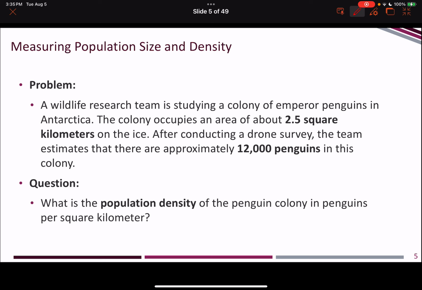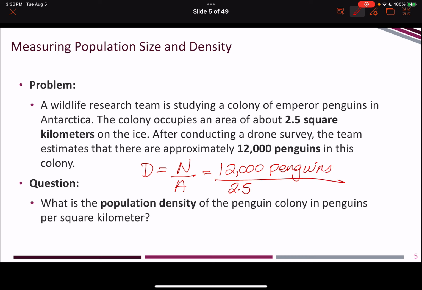So we are going to take our number of individuals, 12,000 penguins, per 2.5